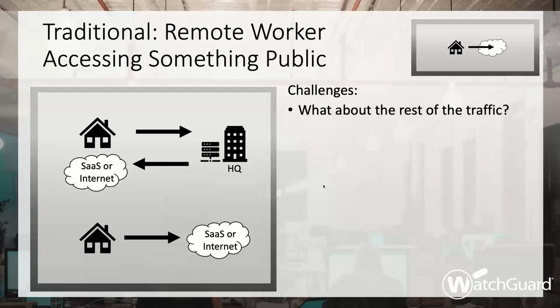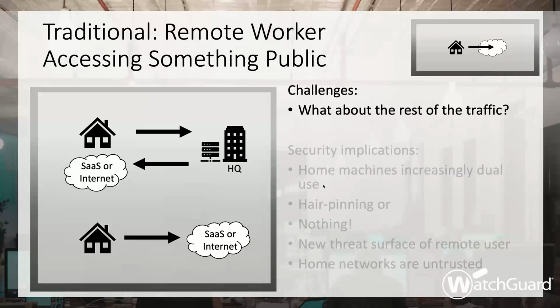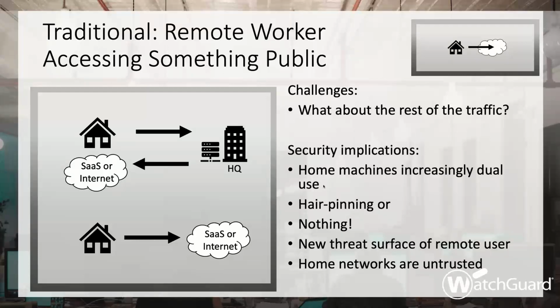So one is, if they're going to SaaS applications, I may be using secure web gateways or CASB solutions to give myself some protection. But then you have to really consider the rest of the traffic. What are they doing? Are they splitting their time on their home PCs now, doing both personal and work related activities? Does that open up more exposure, all that other traffic that's going into the network? How do I manage that? And this opens up all sorts of new security implications.